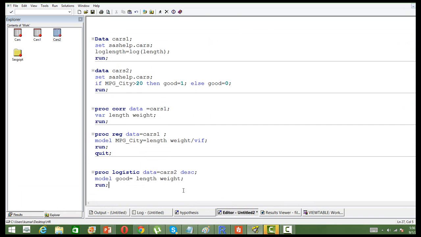What is the question? My question is, model good is equal to length weight. We are calculating something based on length and weight, and then concluding whether the model is good or bad. Car is good or bad. This is the syntax of logistic regression. But we have already specified 1 and 0, and then these calculations, so that should get replaced, right? Okay, now I got it.